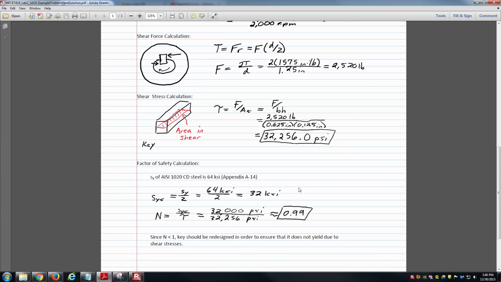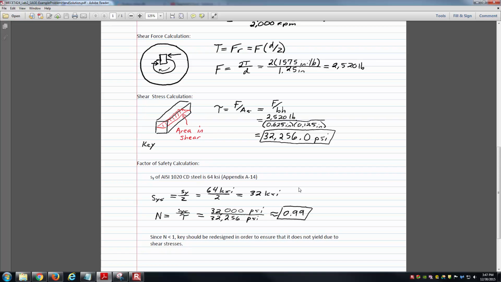After that, we need to know some material properties. Yield strength of 1020 cold drawn steel is roughly 64 ksi. That's again from our MECET textbook. In the appendix there, you go from the yield strength, that S_y, which is basically from a pure tensile test, to the yield strength in shear, and then you can solve for the resulting factor of safety. Here, generally, you want to keep these pins from experiencing plastic deformation, so 0.99 is just under the